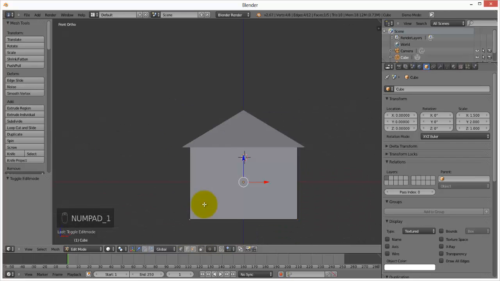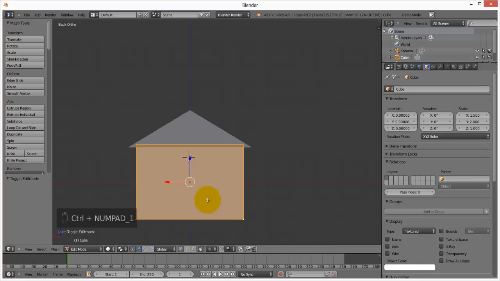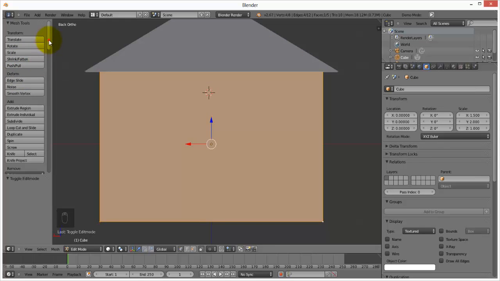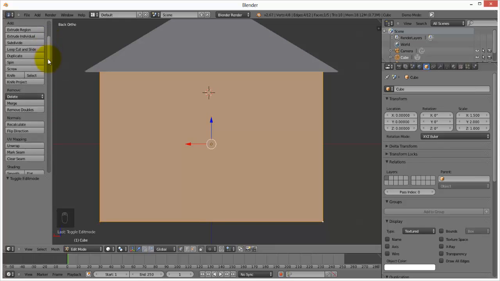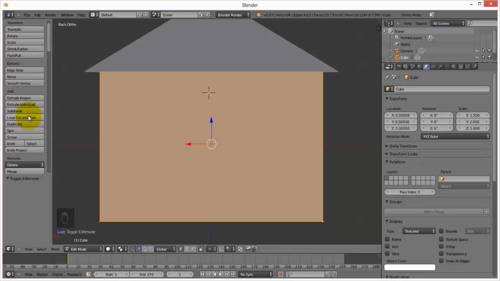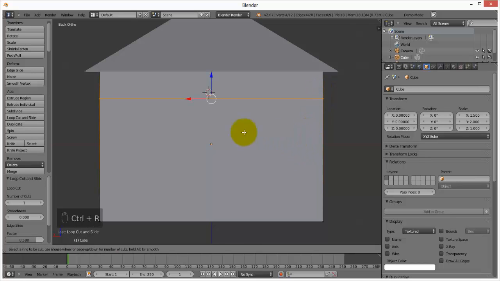I'll press Ctrl numpad 1 to go into back view, and now from back view I am going to add a loop cut. So you can go here and add loop cut and slide, or you can press Ctrl R on your keyboard, and this will allow you to add a loop cut. And this is basically just cutting across the entire mesh, or rather the loops. Then you can add 2 loop cuts